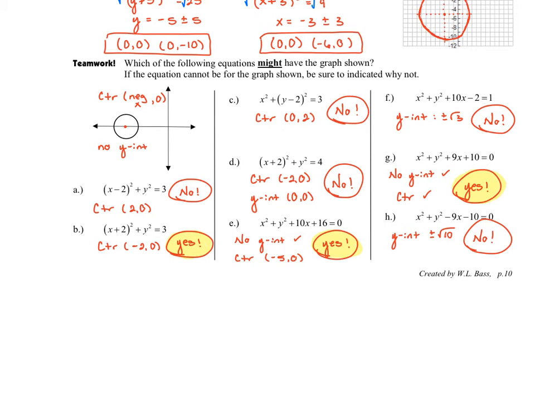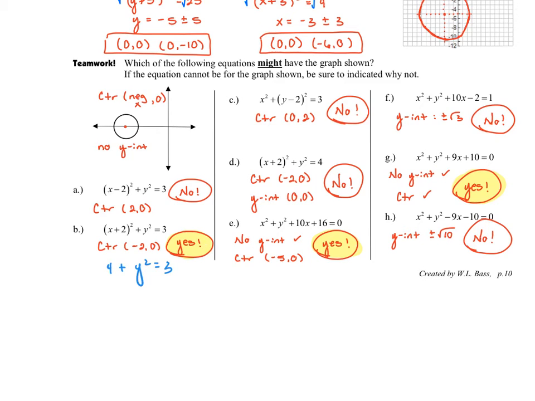So as I go through these, I can start to analyze it. When I look at this first one, I can see that the x-coordinate of my center is a positive number, so there's no way this one could work. On this one, the x-coordinate for the center is negative, the y-coordinate is 0, and if I checked for y-intercepts, what I would find if I let x equal 0, I'm going to solve this, and that's going to give me a 4. We could even write this out. If I wrote this out, I would end up with 4 plus y squared equals 3. And if I solved that, I would sure enough get an imaginary number for the y-intercept, and that would give me no